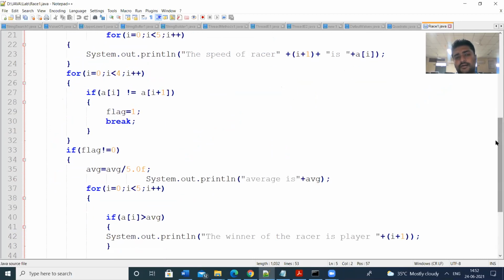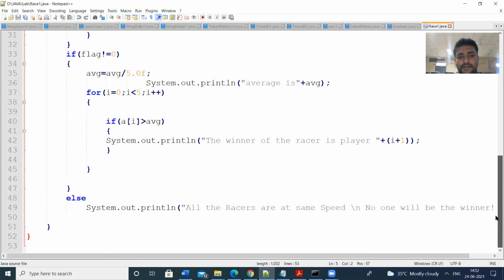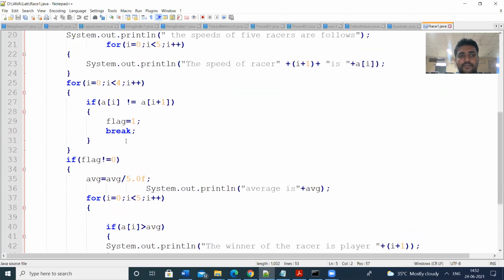No two bikers can have the same speed at a time, so the speeds may differ. If the speeds are the same, we print that all the racers are at the same speed, there is no winner. That is the purpose of calculating the flag value.